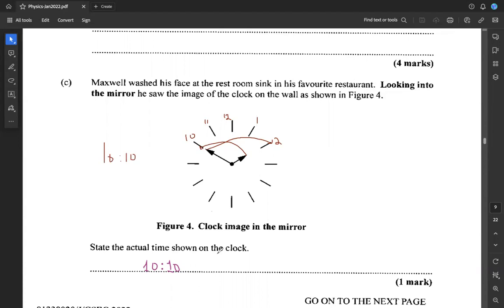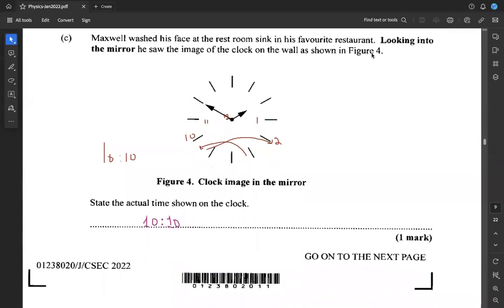So remember, the property that's at play here is the fact that images in mirrors are laterally inverted. So if he looked in the mirror and he saw that it was 10:2, then in reality, what that means is that it was actually 10:10, because this becomes this and this becomes this, right? So it's 10:10 and that's for 1 mark. So we're good to go there. Okay, so let's keep moving along now